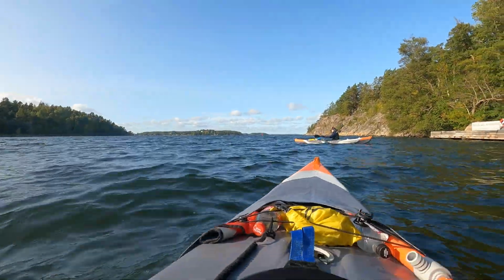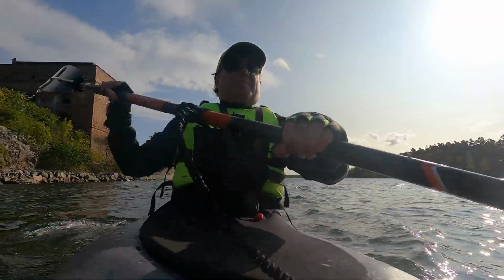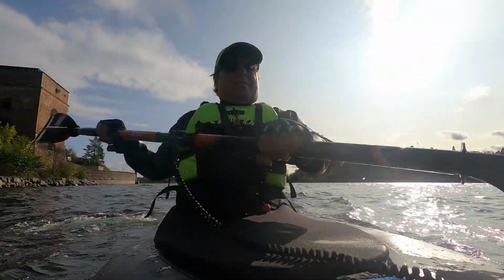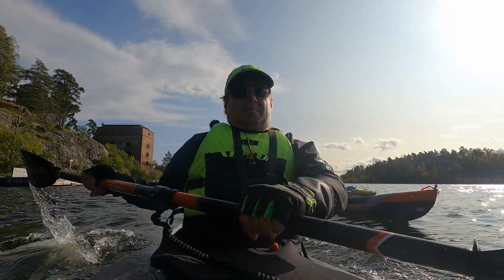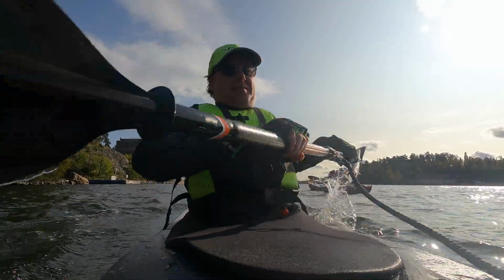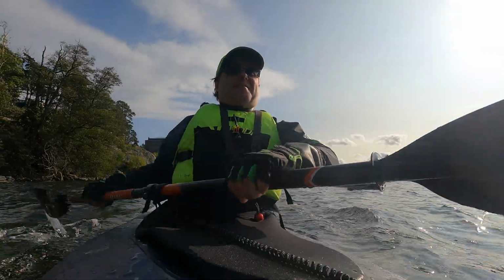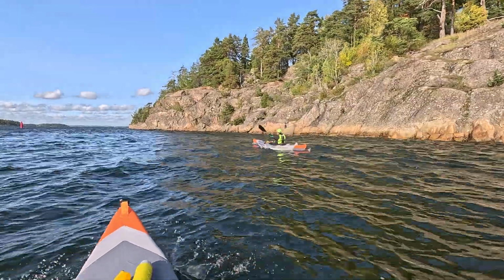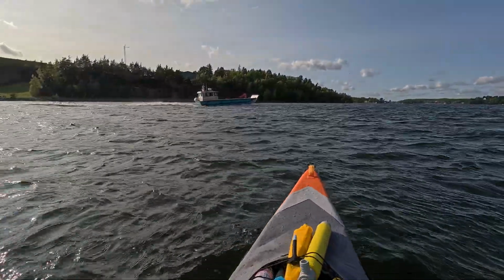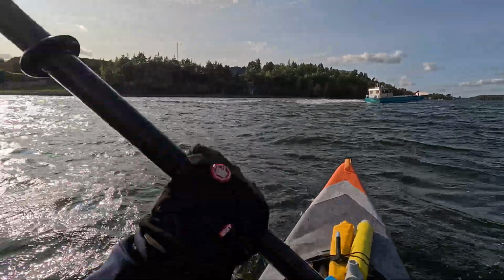It will be windy, we'll have the wind against us, a bit from the side with some waves and a bit of splash. Nothing crazy, but choppy enough. And as such, for most paddlers, this is probably about as much as they would go out in, or should go out in. Because if it is more choppy and really windy, you really need to make sure that you are capable of handling those kind of waves and that wind, and that you are able to get back into your kayak or back to land quickly if you were to fall into the water,